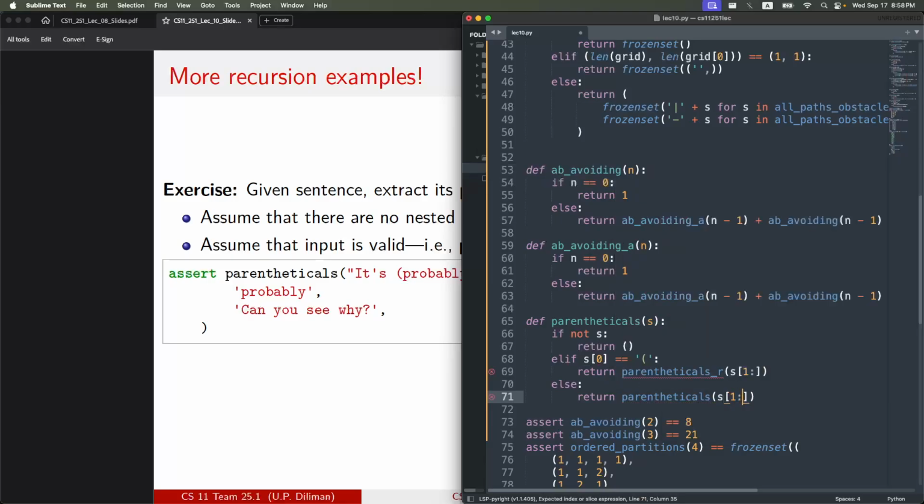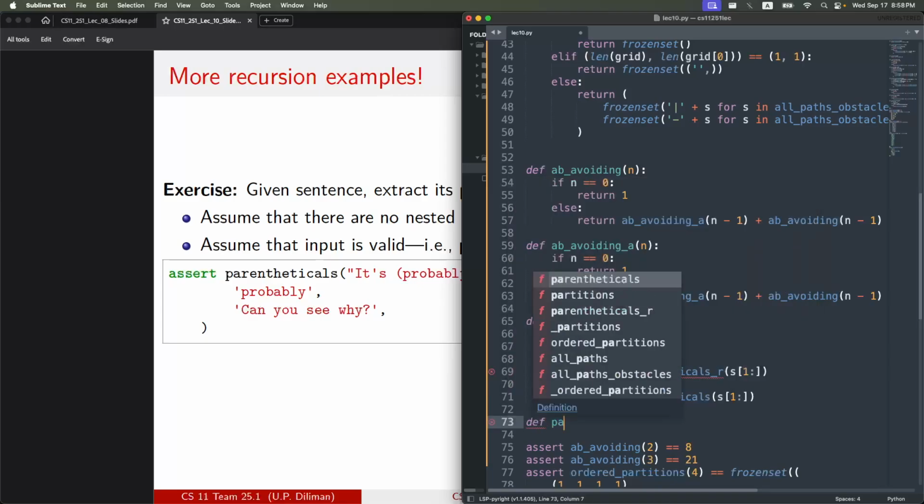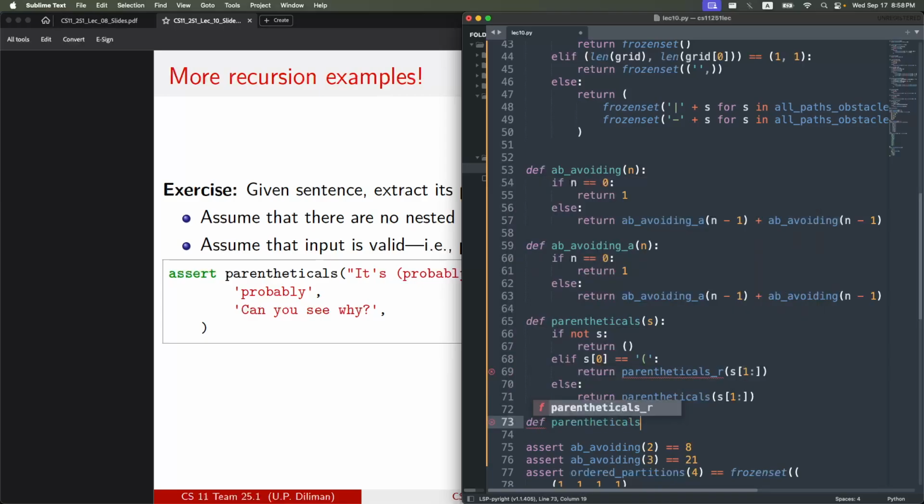We search for the opening parenthesis in the rest of the string. Okay. How about when we get to parentheticals R? Okay. Again, if the string is empty,